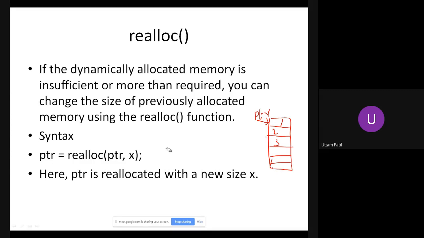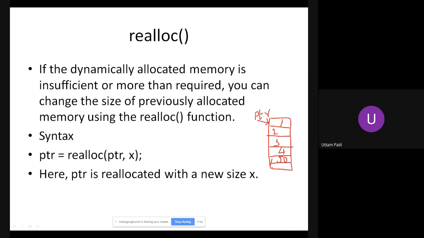So we, the programmers, will not know any difference in this. We had the size 3 and all the values we had were 1, 2, 3. They are still there, and the new size is allocated. So now you can go on adding into these locations. So now you can start storing 4, say 50, whatever data you want, in these new locations.